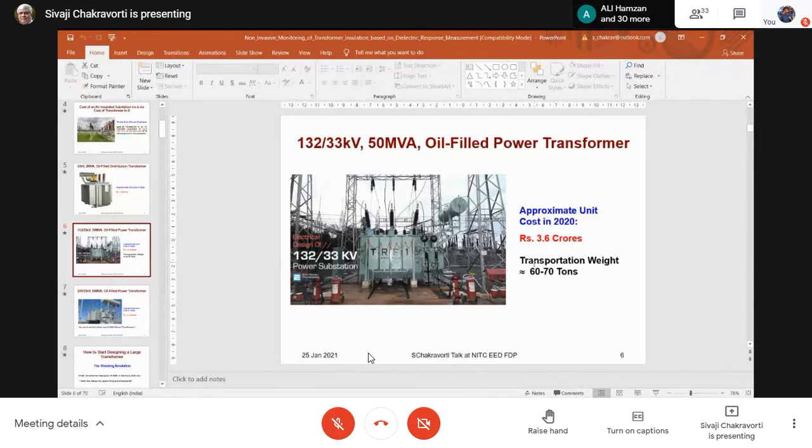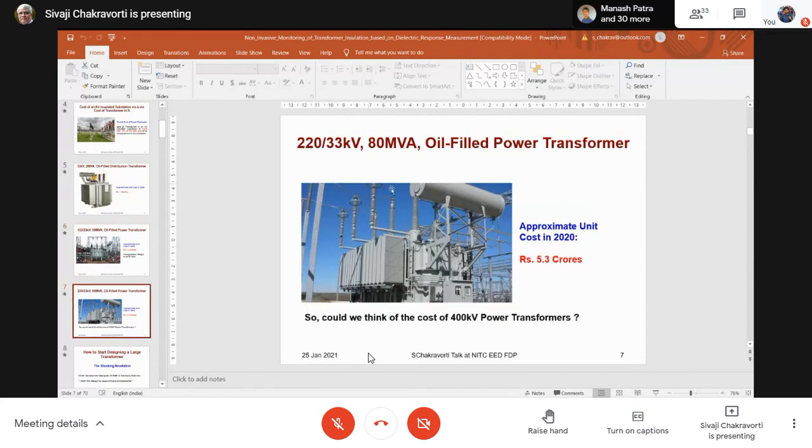And you know the second point I have written, because I am always interested in the practicalities: what is the transportation weight of this transformer? Because I have to transport it. So just this single transformer weighs about 60 to 70 tons, depending on the design. Can you imagine? It's not 100 kilos or something. It is just one piece, 60 to 70 tons. Then how do you transport it? You require extremely special and expensive transportation for that.